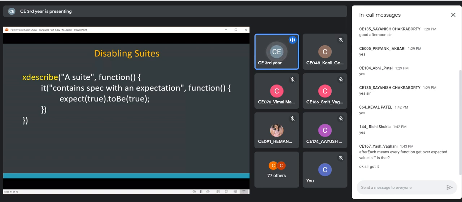So there is an easy way. Earlier I told you that there is an easy way of temporarily disabling this testing part: simply change the name of the function from describe to xdescribe. So all the test cases under that test suite would be ignored by the framework, right?